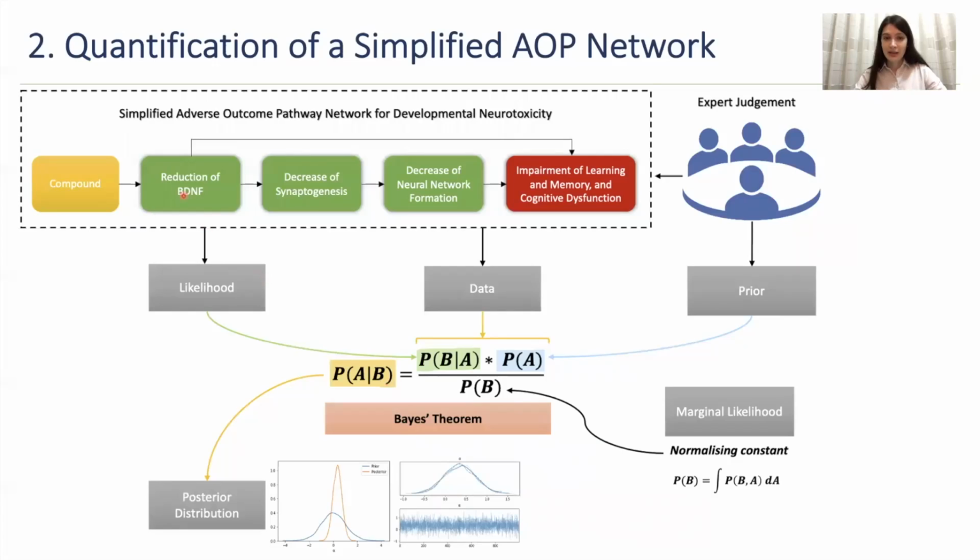Several common key events were selected in order to represent better the AOP network. The selected common key events were based on the topology analysis, as I've shown in the previous slide, but also based on the domain knowledge, so based on an expert panel. This simplified version of an AOP network served as a basis for data collection, as well as to define mathematically